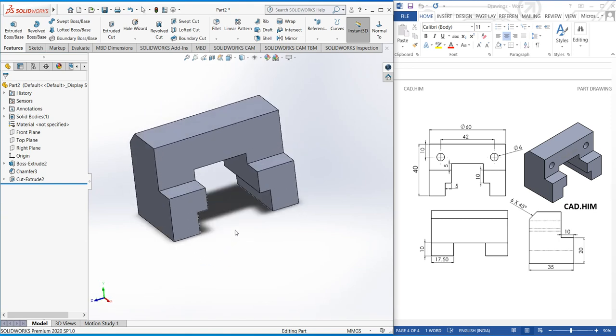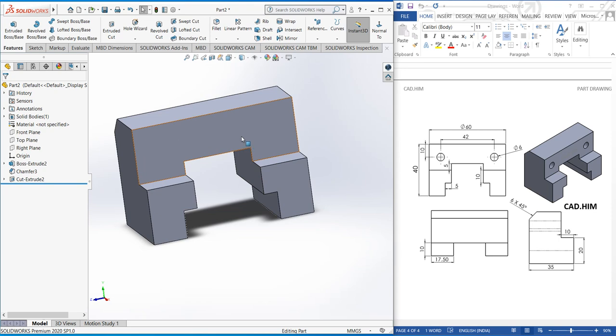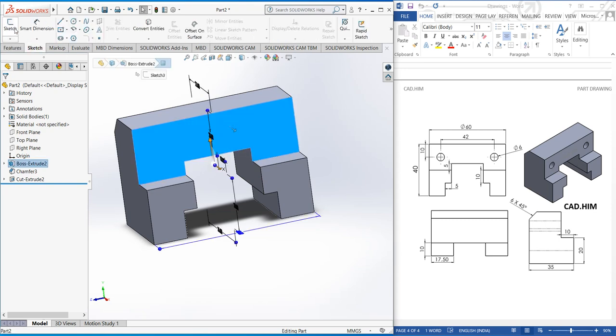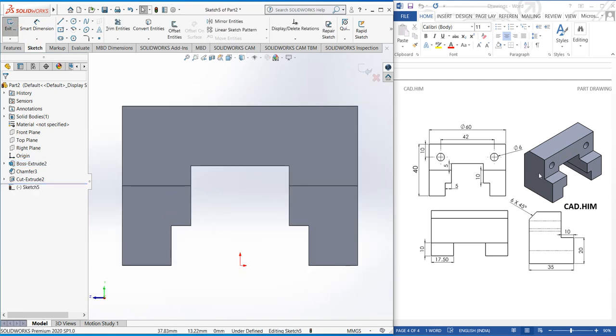Understood? Now only one thing we need is these two circles. So these two circles are on this face. So we select this face, we click on sketch, and you can see from this side view that the circles are going throughout the body. You can see these hidden lines. These hidden lines are for the circles. Okay, and if we have these dotted lines through all the body, it means the hole is through all the body. Okay, means this is a cut